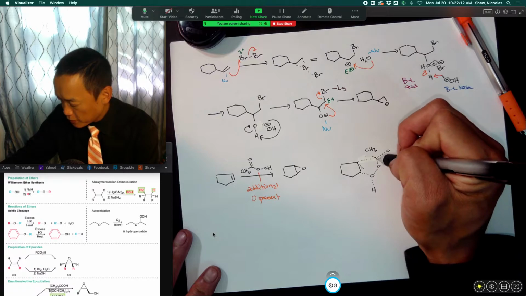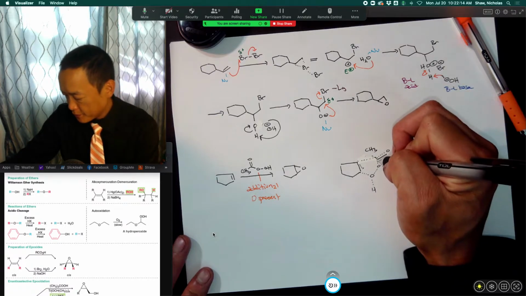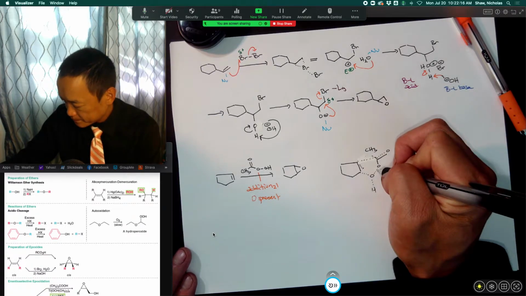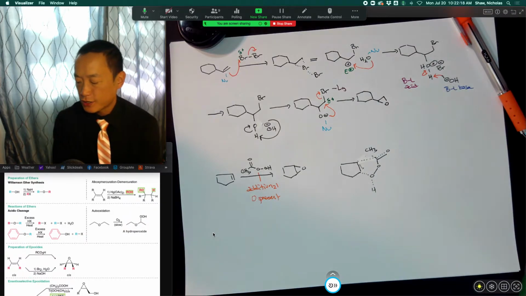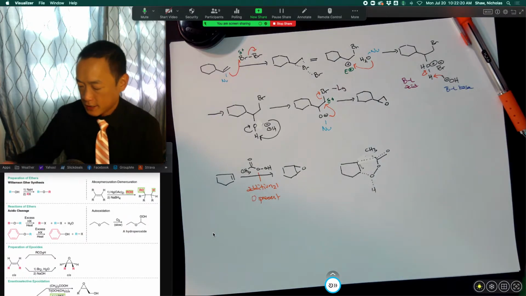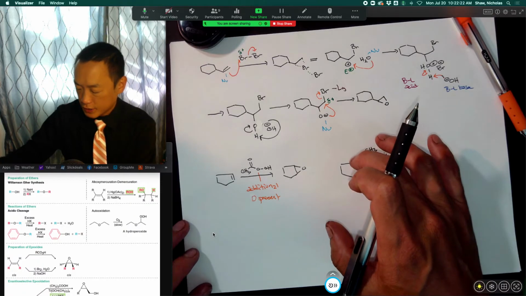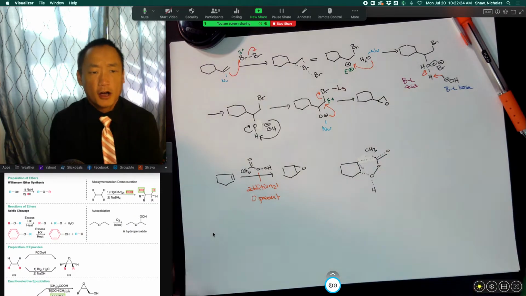And so we'd kind of see something like this. This weird coordination of this peroxy acid, and then one of these oxygens essentially inserts itself